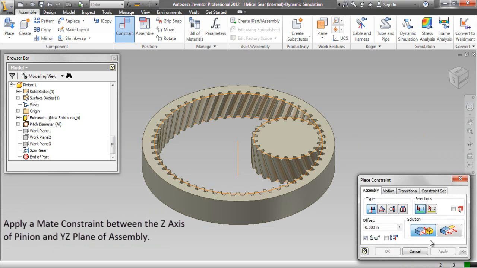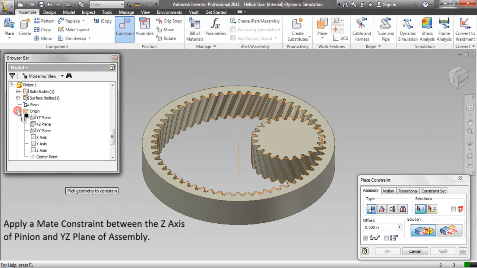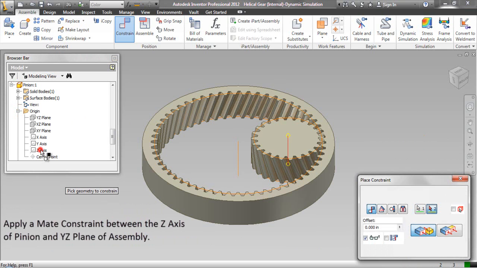Apply a mate constraint between the Z-axis of pinion and YZ plane of assembly.